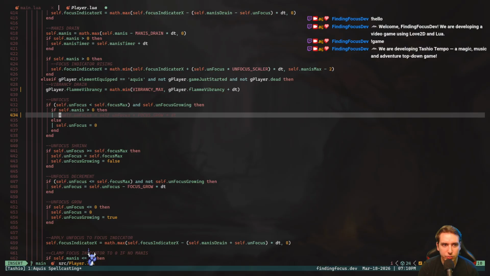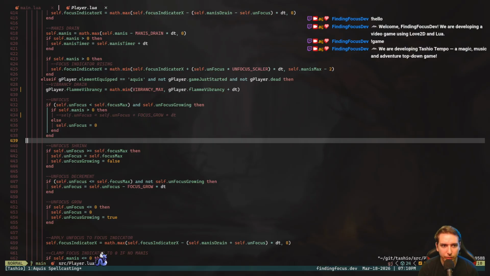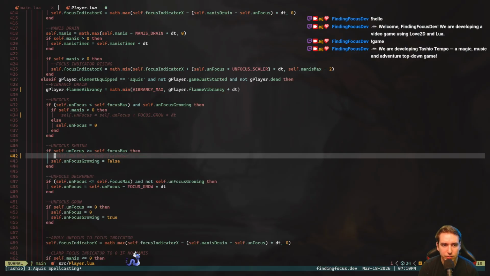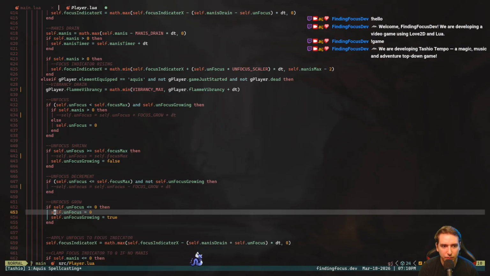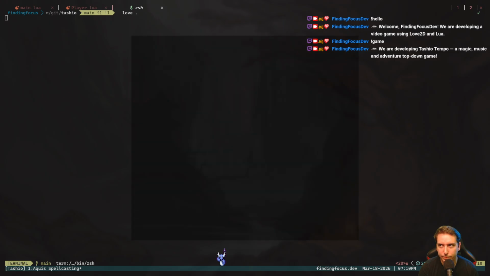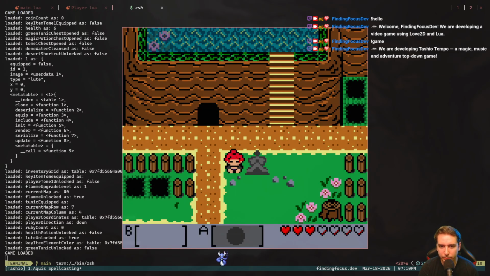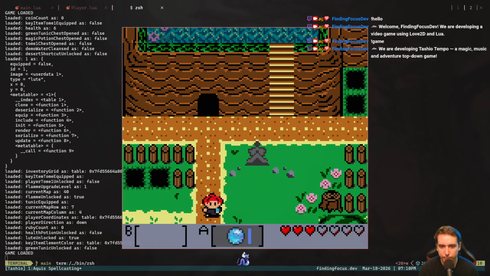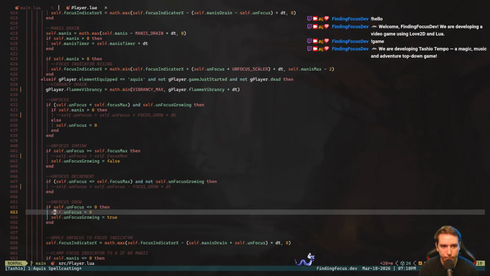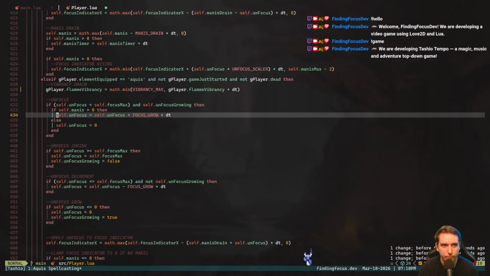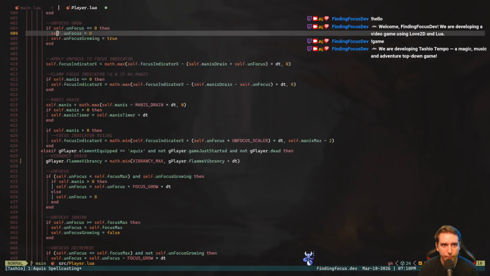I guess we can try just turning off this unfocus and see if it becomes more stable, more linear? No. Okay, well,